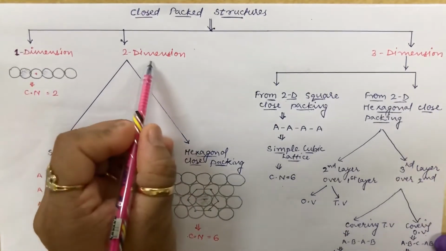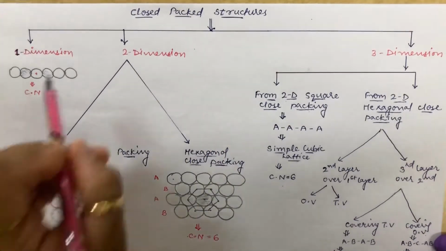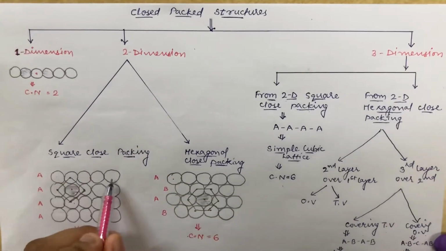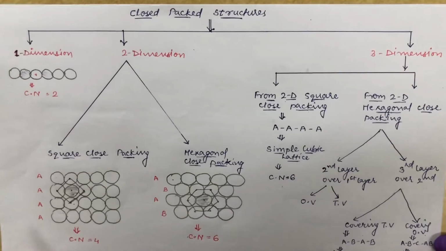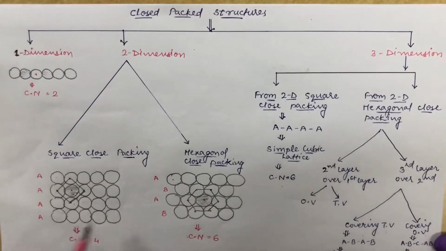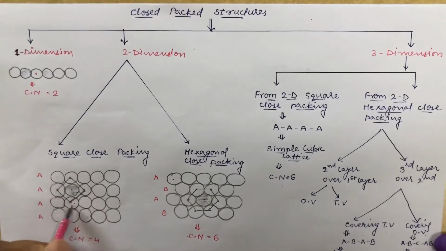Let us move forward to 2 dimension. For 2 dimension arrangement, you know that along the x and y axis you are going to arrange. So if you are taking this row and trying to arrange in 2 dimension one over the other, you will get such a type of arrangement. Let me call each of these a row, and if you keep on arranging like this, you get a structure something like this, where if you wish to find out the coordination number of any of the atoms, I just now told you, you need to see the nearest atoms which are in direct contact with it. So in this case, you can see that there are 4 atoms, so the coordination number is 4.